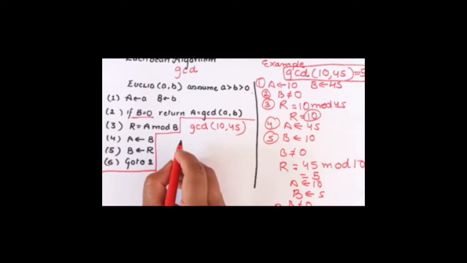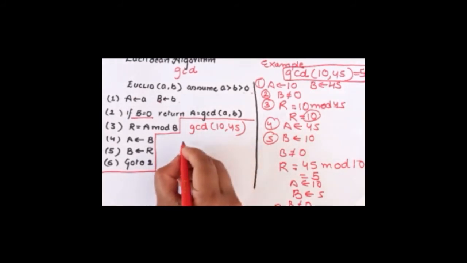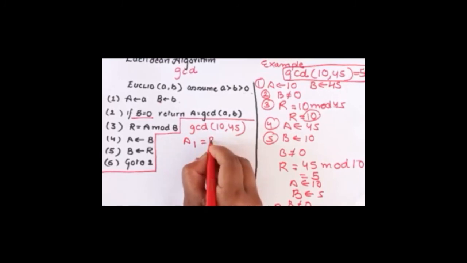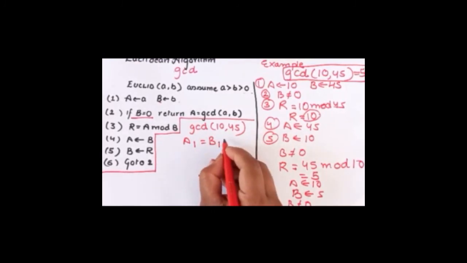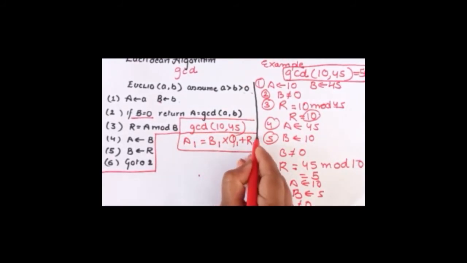Now, if you remember, I told you how you can write modular exponentiation. How can you write A mod P? You can write that as A is equal to NP plus some number, if you remember. Right? So basically, this is how you can write the expression. Always remember this is an expression.